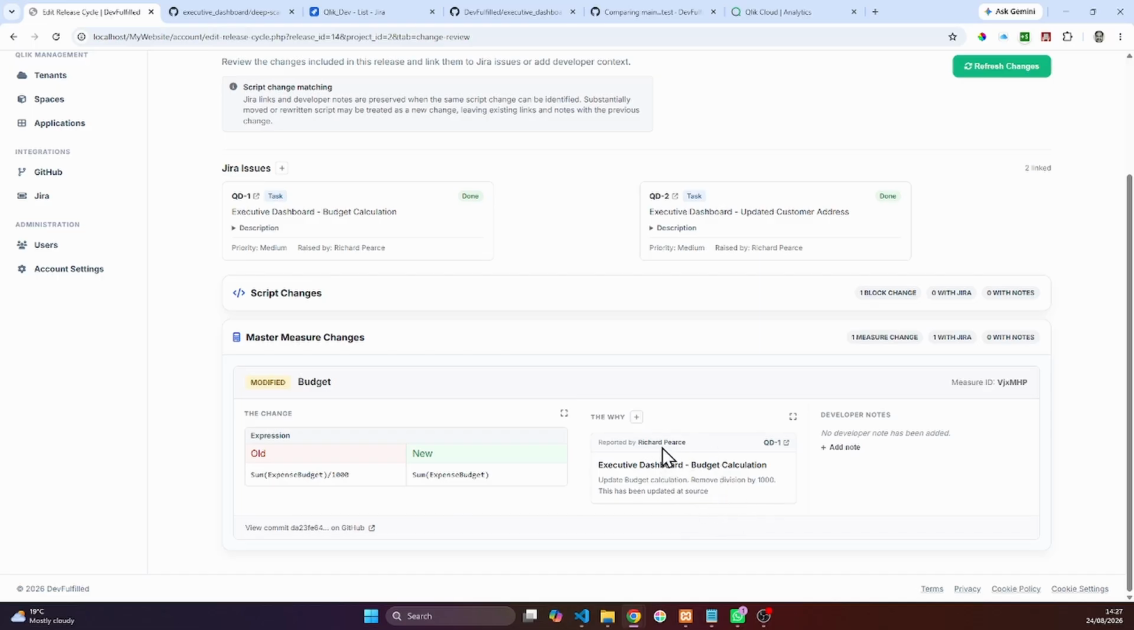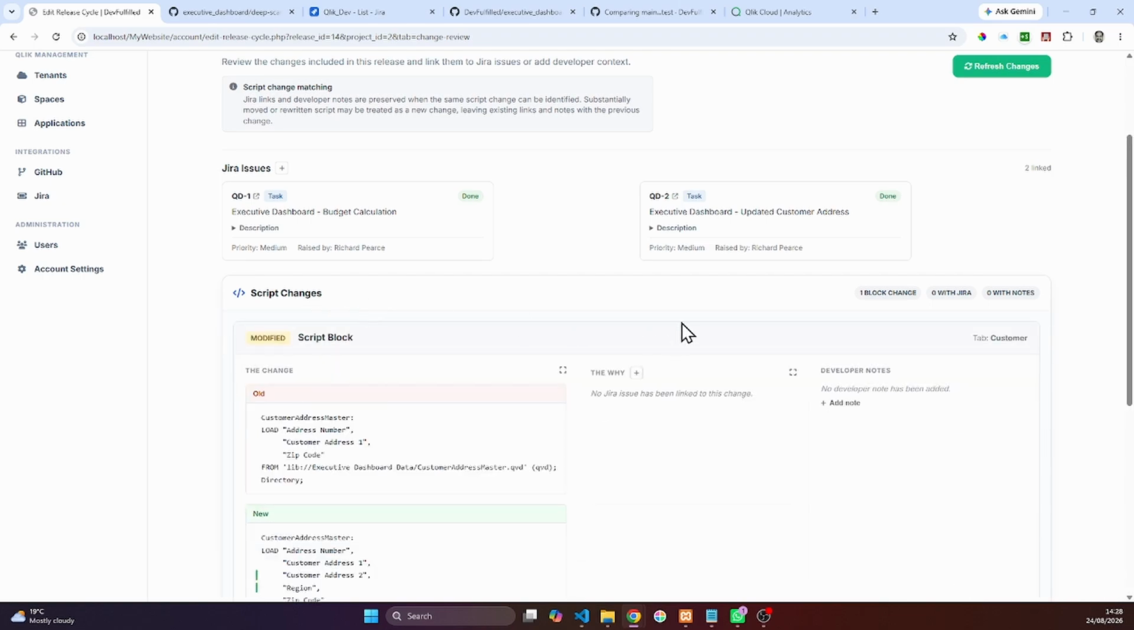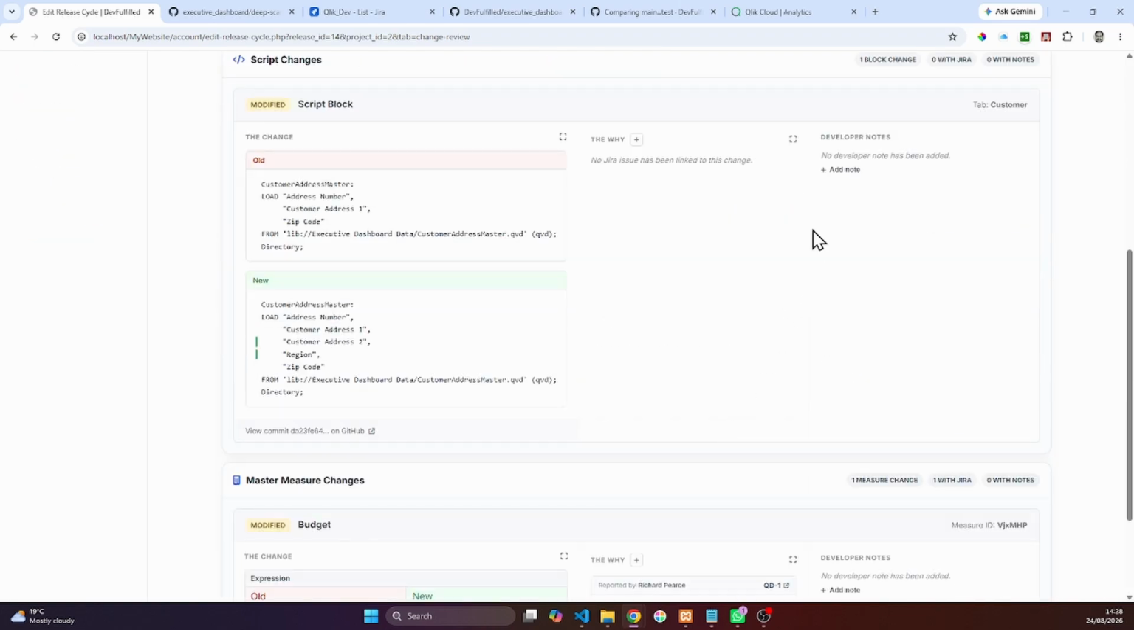So here we can understand who's asked for it, why that change is there, and what the change is. Any of the developer notes we can put there. Same for script changes. The difference here really is